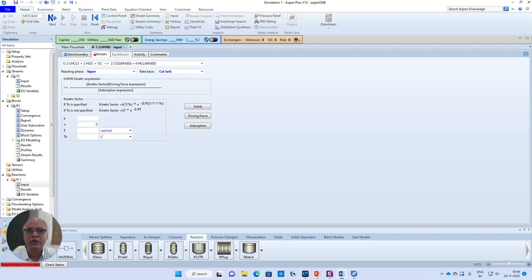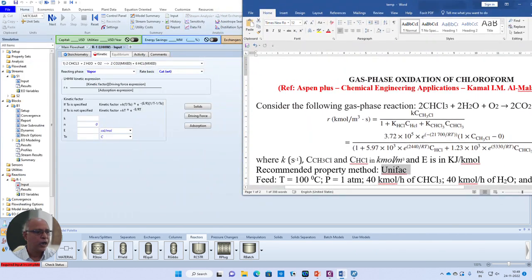You can refer back to this example. I'll put it maybe here. I am trying to write 1 into 3.72 into 10 power 5 e power minus 21,700 by RT into CCH3Cl. Now the concentration that we are using happen to be in concentrations only or molarity. Like in other cases, most often they could be partial pressures, usually in the case of gas phase reactions catalyzed by solids. Now, because the kinetic factor is 1, I am multiplying this inside, so the driving force will contain